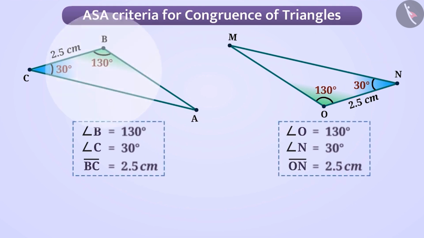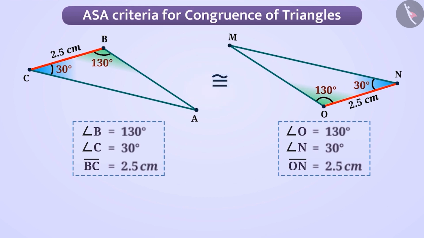Since the two angles, angle B and angle C of triangle ABC, and the included side BC, are equal to the two corresponding angles, angle O and angle N, and the included side ON of the second triangle MNO,